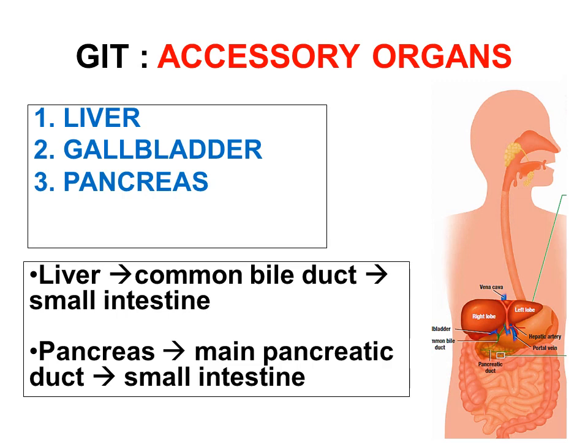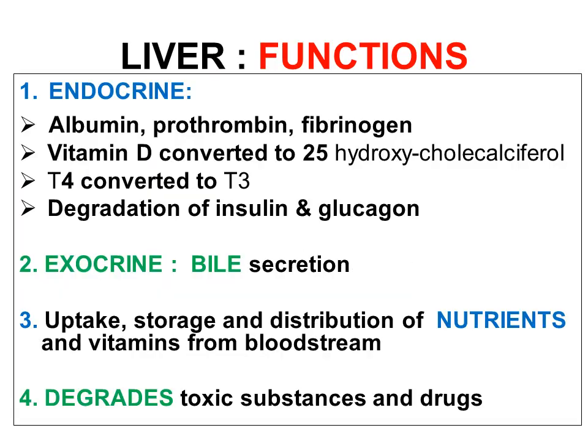The liver's hepatocytes secrete bile, which is drained by the hepatic duct. This is joined further by the duct arising from the gallbladder, that is the cystic duct, thereby forming the common bile duct, which again is joined by the main pancreatic duct arising from the pancreas to form the hepatopancreatic duct, which opens into the small intestine, thereby discharging their secretions.